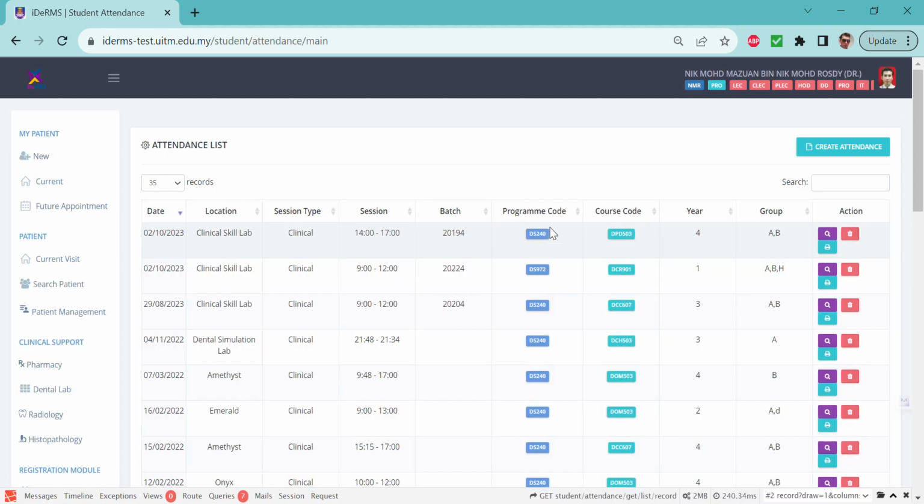All right, so you can see this page with the attendance list. These are the lists of attendance that I have made for other sessions. I'm just going to show you how to add the attendance. So look at the button on the right side, on the top right here. It says create attendance. Click that button,